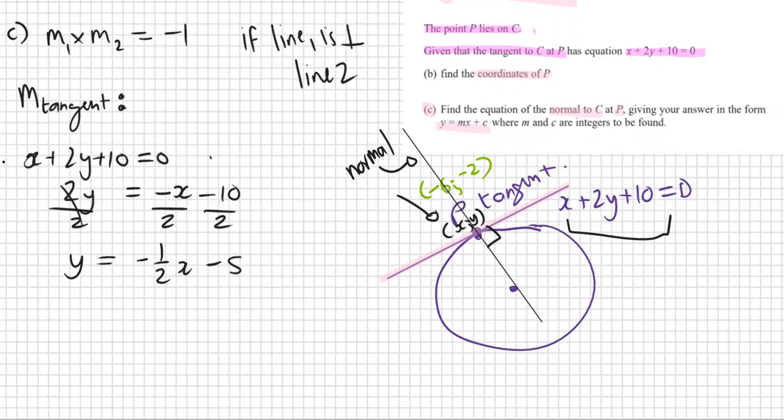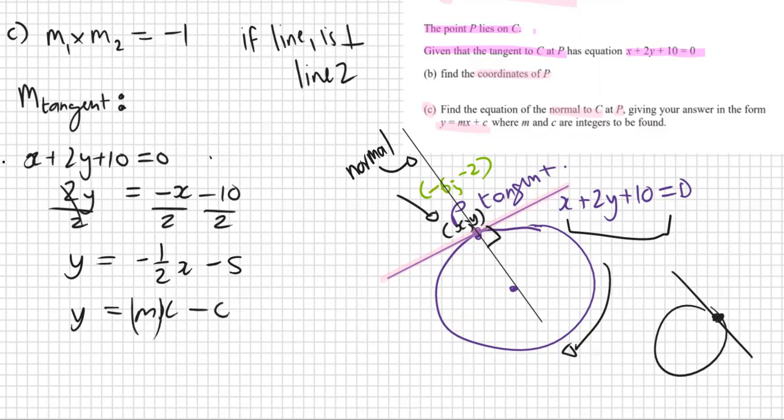-1/2 x minus 5, which just shows that this picture is inaccurate. It's sort of more like this. Must be a negative gradient. Anyway, it doesn't matter. So still just the circle has been twisted. Okay. So this is a y equals mx plus c form, which is the correct form. And so now we have our m, our m of our tangent